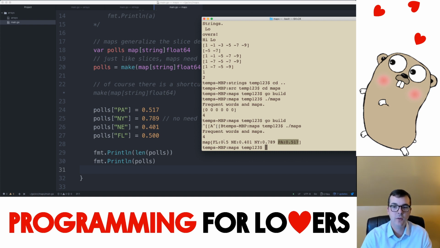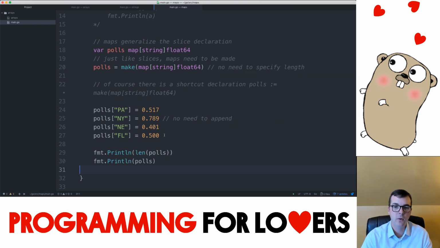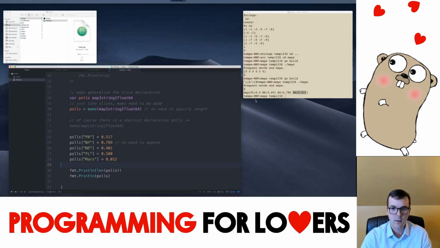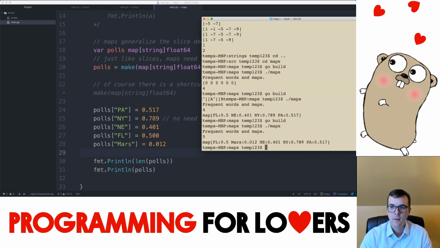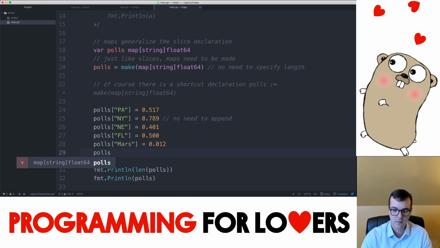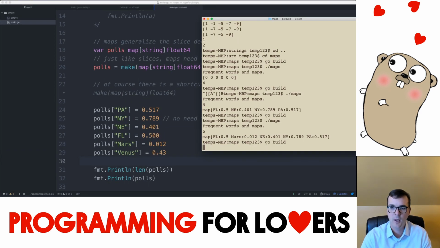And you might guess that it's going to produce these in some order. And in this case, maybe it looks like these are in alphabetical order. So maybe this candidate is very unpopular on Mars. Okay. And let's see what happens. Just kind of made that up. And so in this case, yeah, it's still alphabetical. 0.43. Doesn't really matter what these are. I'm just playing around to show that